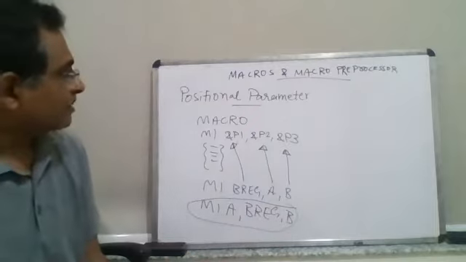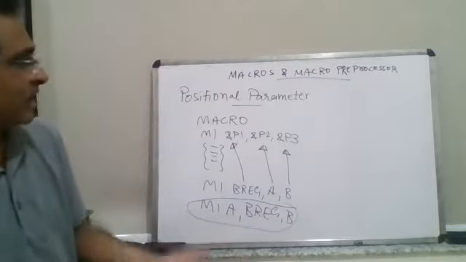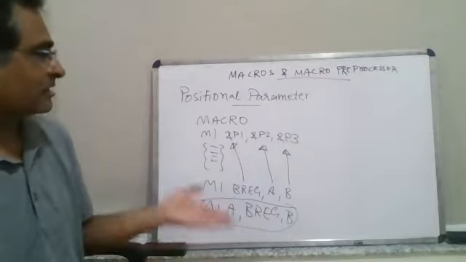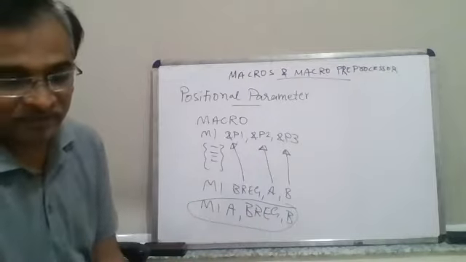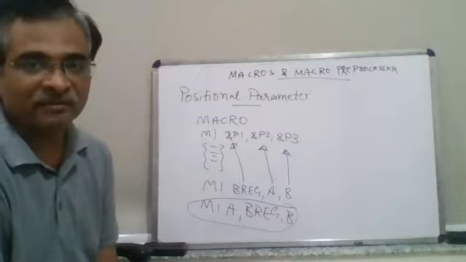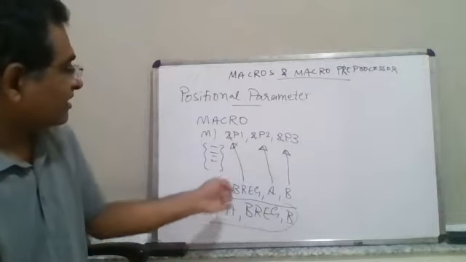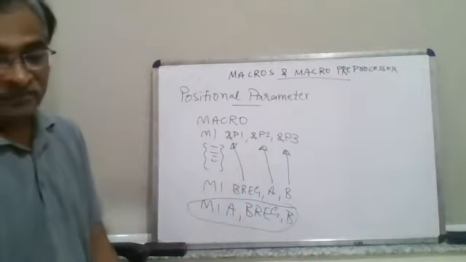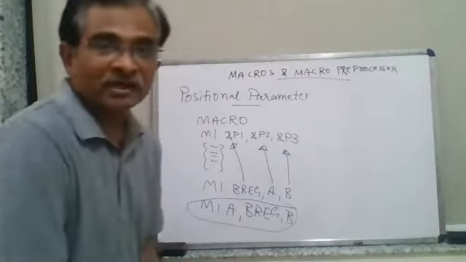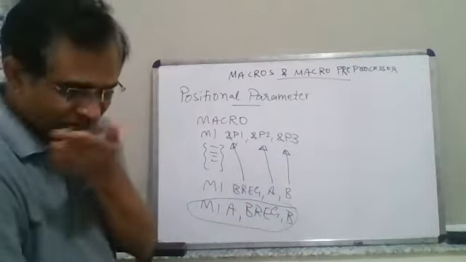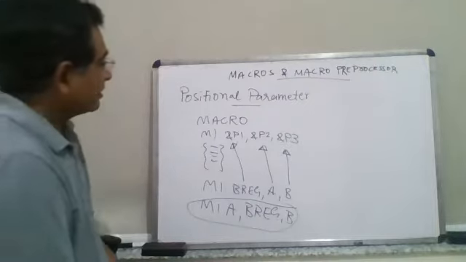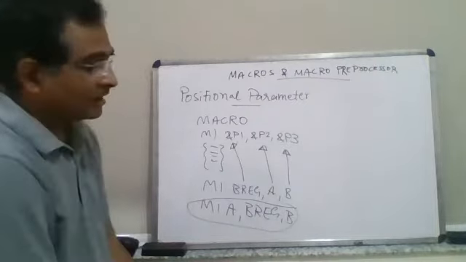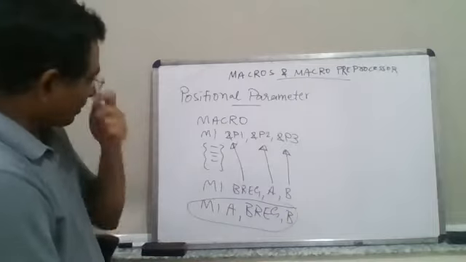So positional parameters means they are waiting for some specific item to be provided. I mean, registers means registers, variables means variables. In that way, it is expecting the variables to be provided. You cannot provide B reg instead of A and so on. But if you want to do it, there are ways and means to handle such situations, right? So positional order will not matter in the keyword option, right?